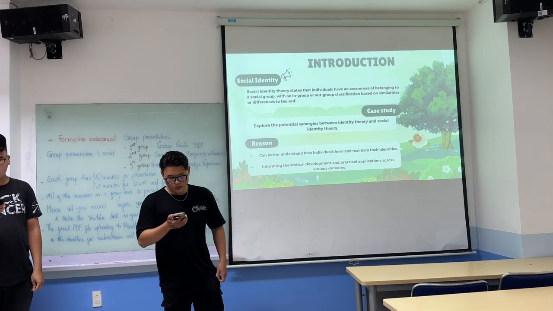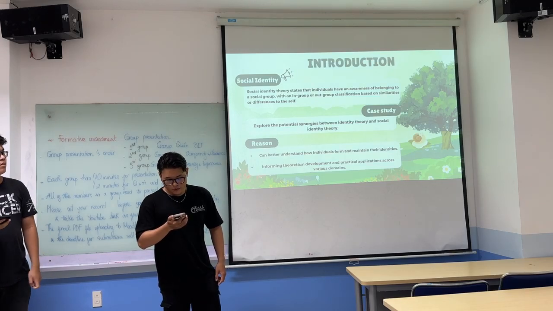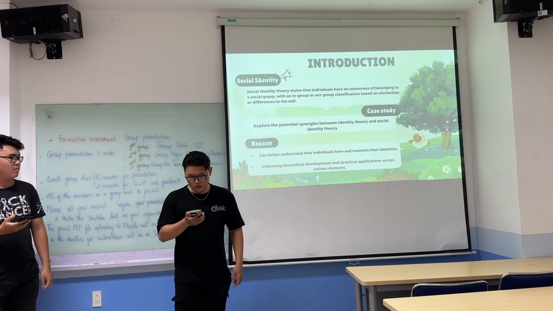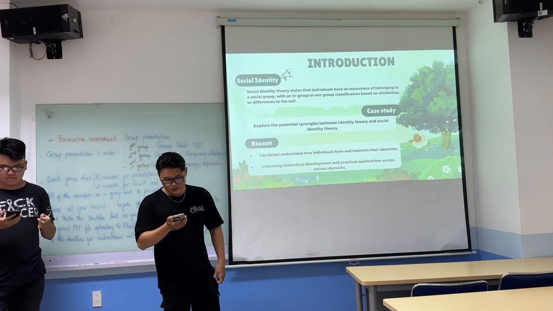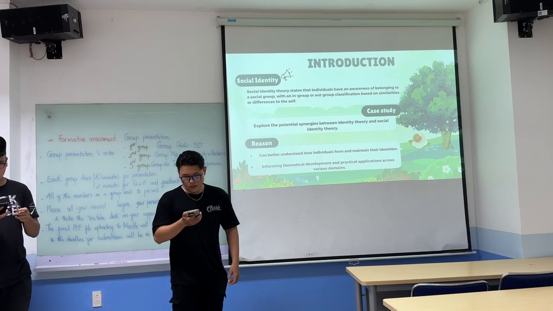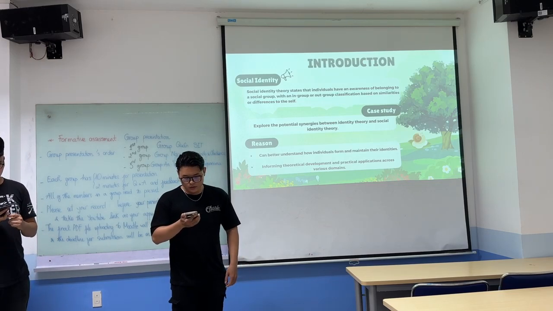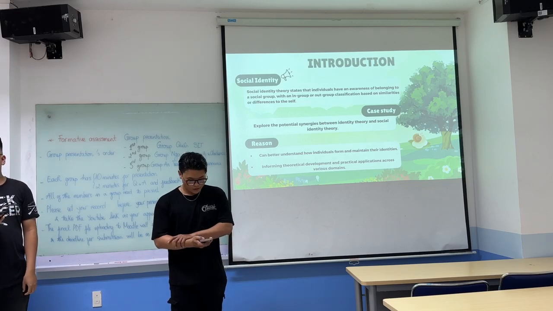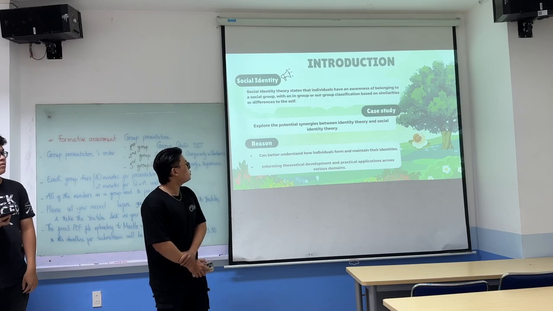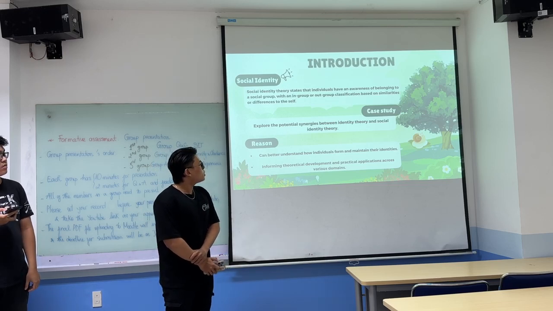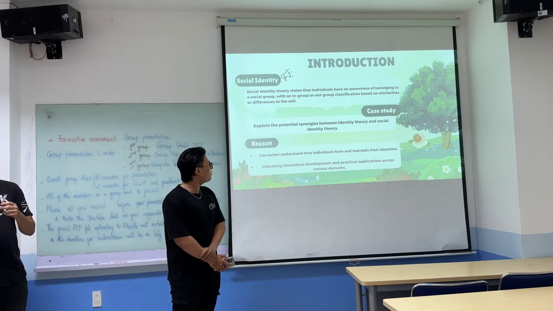Social identity theory refers to this process as self-categorization. Identity theory refers to it as identification, and identity is developed via the process of self-categorization or identification. And our case study explores the potential integration between identity theory and social identity theory,